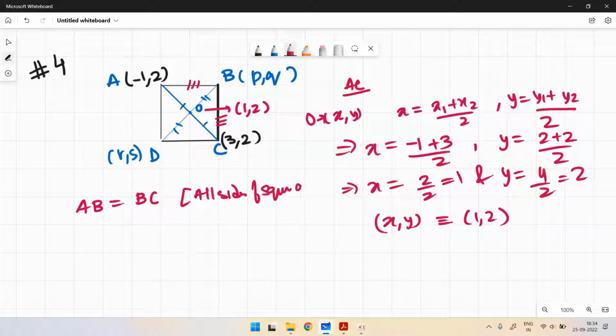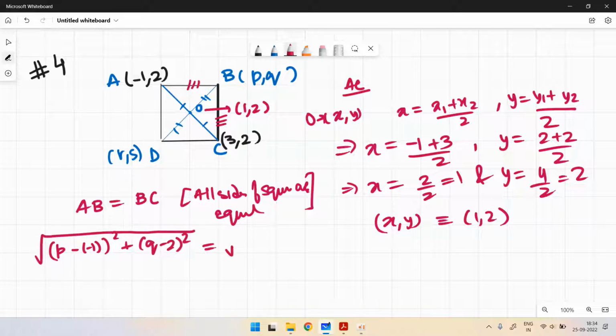Squares: all sides of a square are equal. So what is AB? If you apply the formula, AB is the square root of (P minus of minus 1) square plus (Q minus 2) square, equals BC. If you root BC, BC will be the square root of (P minus 3) square plus (Q minus 2) square, and squaring both the sides,